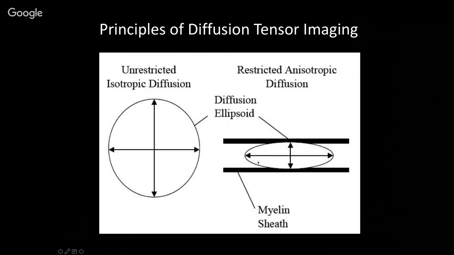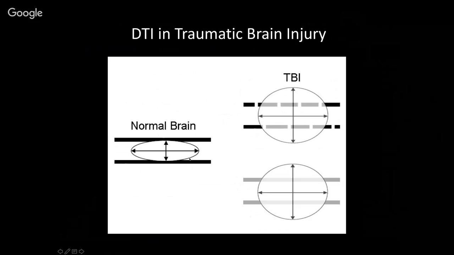And so within white matter, there is a very ordered diffusion of water that tends to resemble much more of an ellipse than what the natural behavior of water diffusion is, which is much more of a spherical shape of diffusion. So in the traumatized brain, we know that there's injury to the white matter, both through axonal disconnection and also through direct permeabilization of axons as well. And this normal shape of diffusion will actually become more spherical in nature.